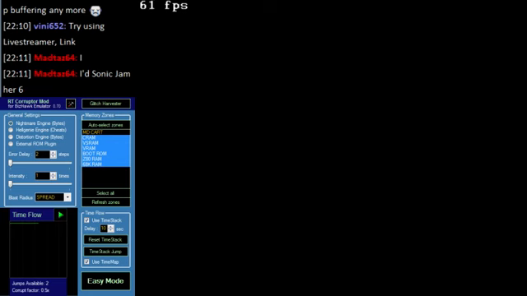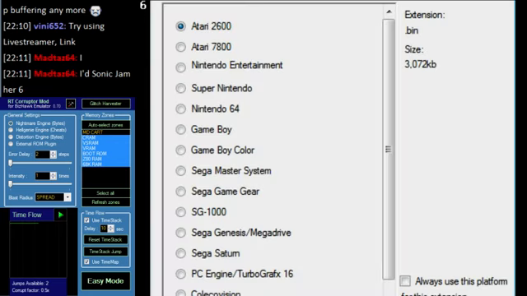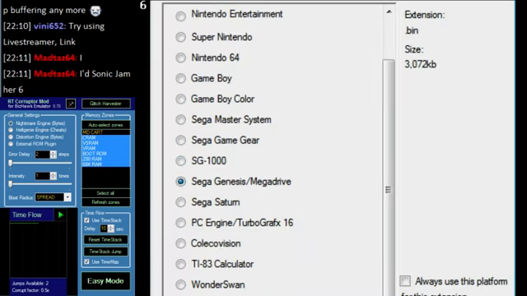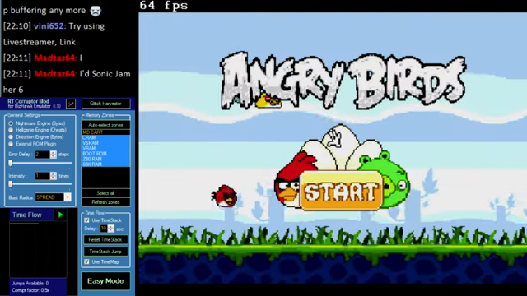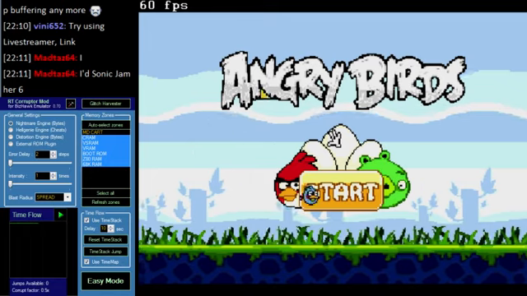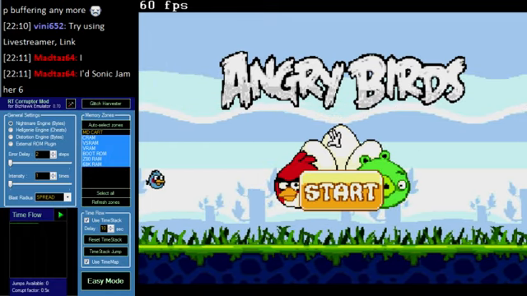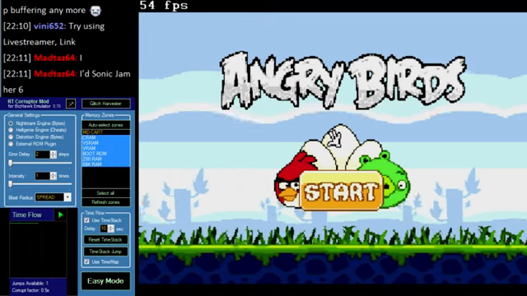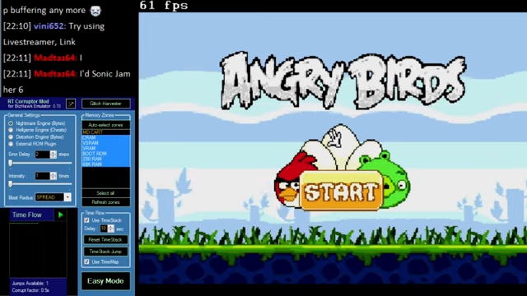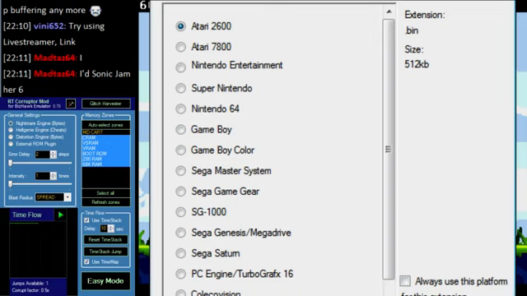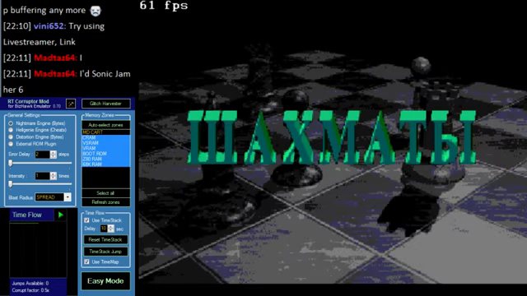Is this working at all? Like, can we get Angry Birds to work again? Genesis. Okay, Angry Birds works. So, Sonic Jam 6 and Super Sonic 6, neither of them work, but that's okay, because we have chess. Russian bootleg chess on the Mega Drive, and we're going to corrupt it. I don't expect this to do anything, but